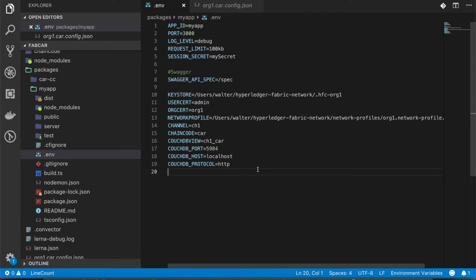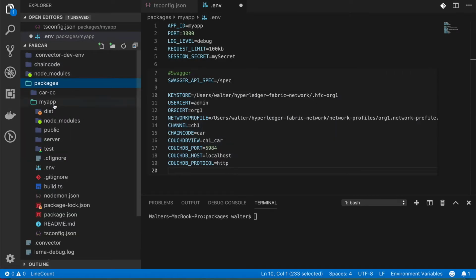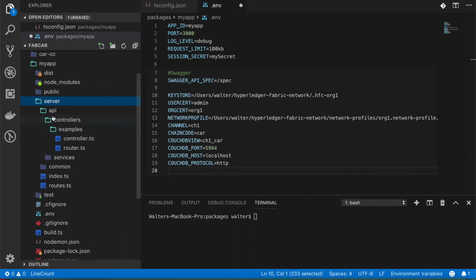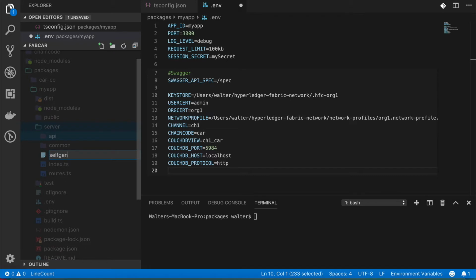So these properties are mapping out to the folder that we saw earlier, in which there are all the certificates and all the configurations from the blockchain network. So this way I can upload them to the SDK in an easier way. So the first thing that I will need in my code, which is specific to Convector, is to create a file that is going to configure all the SDKs for me. So if I get in here and I create this that is called selfgenfabriccontext,